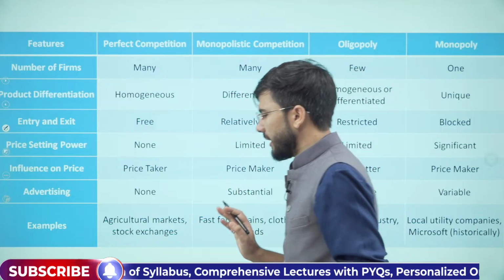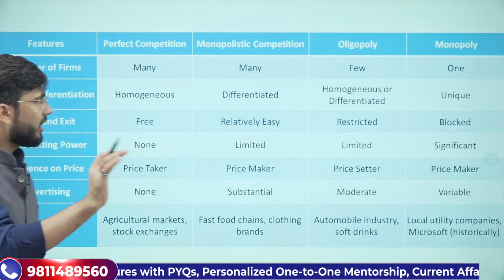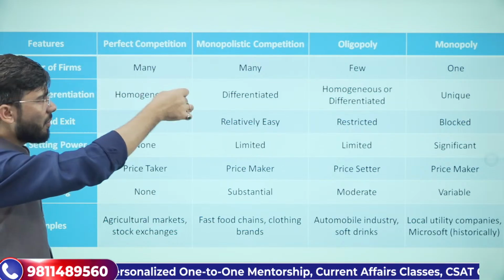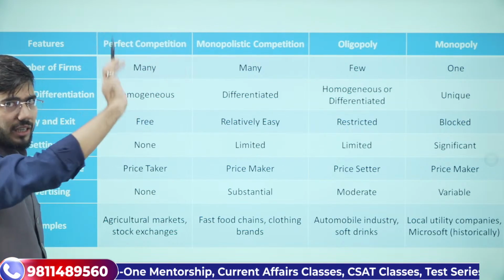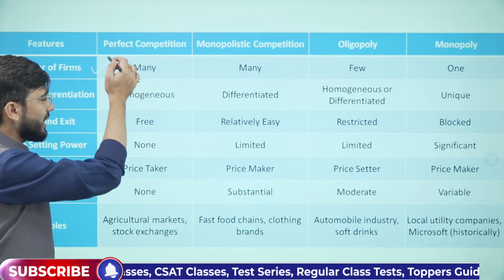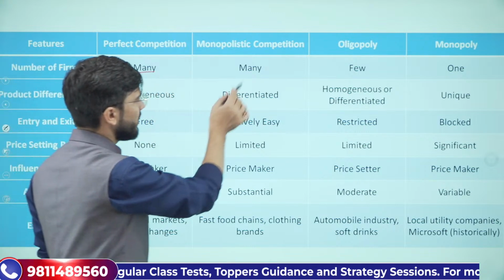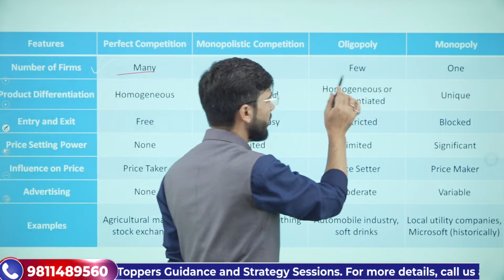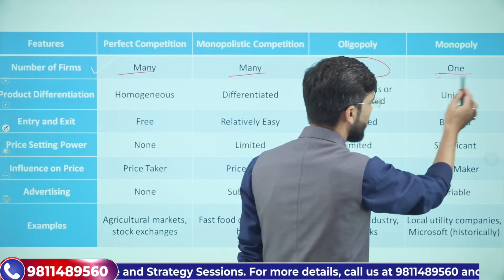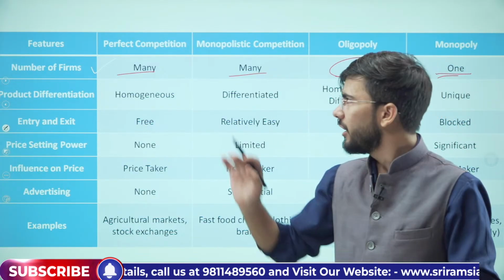नाउ वन मोर थिंग इज देयर, दैट इज वी विल जस्ट समराइज इट कि परफेक्ट कॉम्पिटिशन, मोनोपोलिस्टिक, ओलिगोपोली एंड मोनोपोली, इनमें डिफरेंसेस क्या क्या हैं, हमने क्या पढ़ा? नंबर ऑफ फर्म्स की बात करें तो परफेक्ट कंपटीशन में देयर आर मेनी फर्म्स, मोनोपोलिस्टिक में मेनी फर्म्स, ओलिगोपोली में देयर आर ओनली फ्यू फर्म्स एंड मोनोपोली में देयर इज ओनली वन फर्म।